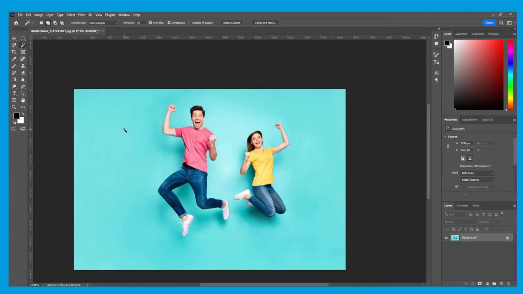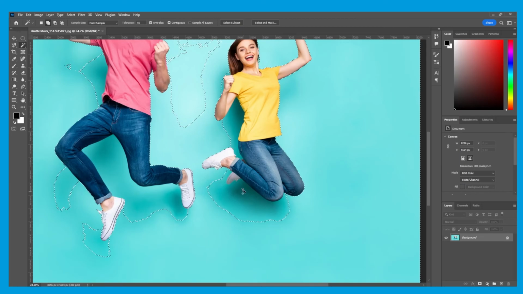So now that we've got everything ready, if I click the background, as you can see, it selects the blue background. However, some shades of blue haven't been selected, and this is due to the amount of tolerance that I have, which is 50. And in this area here, if I select, as you can see, it picks up the jeans also, as the shade of blue is within 50 tolerance. So what we can do is go back a step by pressing Control or Command Z, and then let's lower the tolerance to 20. And if I select that area now, it should not select the jeans, which it doesn't.